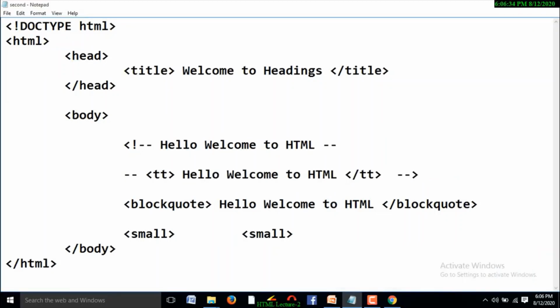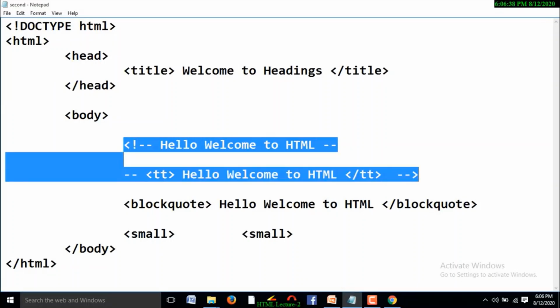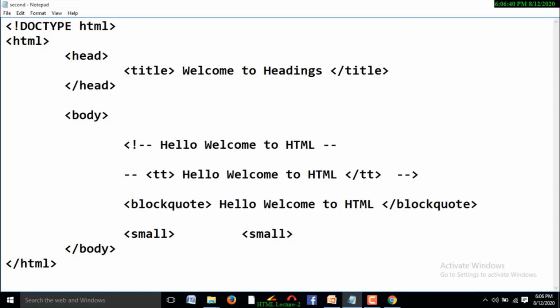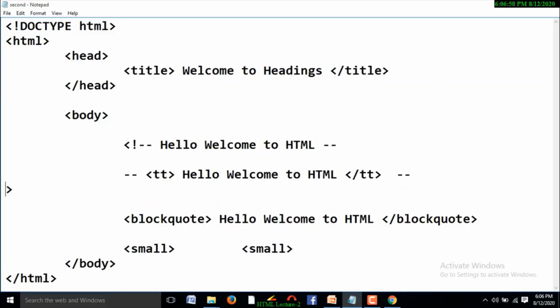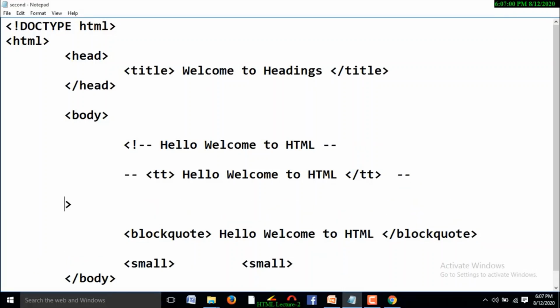Yes, observe this. Here I arranged a multi-line comment. See, this is the starting of the comment, and this is the ending of the first line, and this is the starting of the second line, and this is the ending of the second line. And there are only 2 lines. Suppose you may add one more line. You need to write like this.